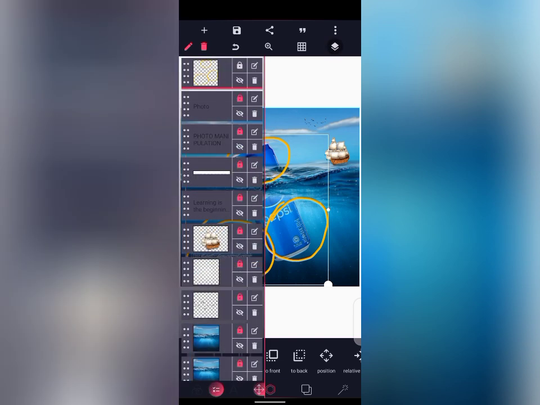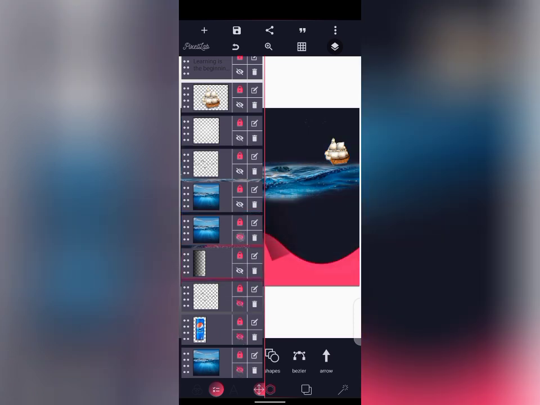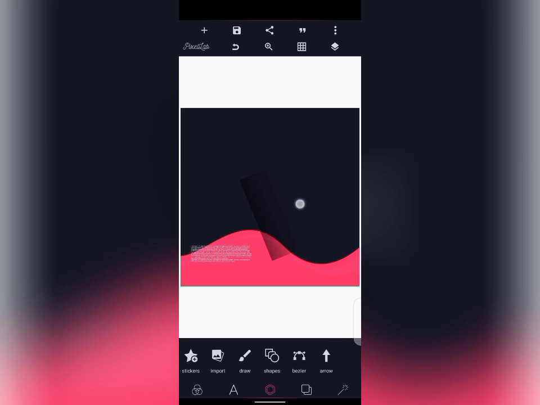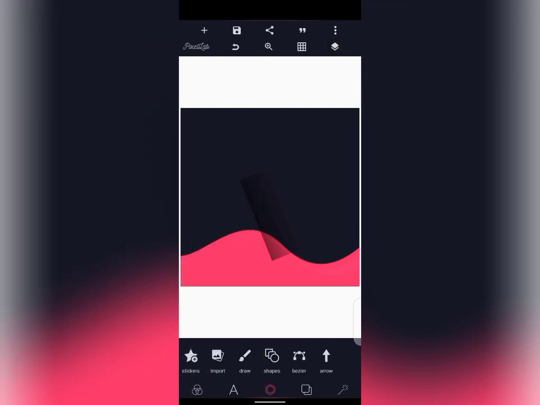So let me delete this circle, then hide everything that you're seeing here. Then we're starting a new project. So the first thing we'll do